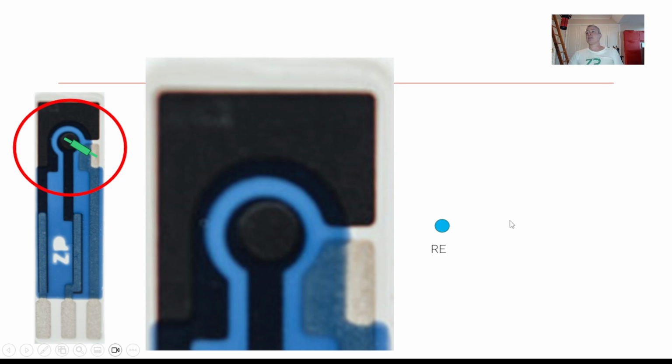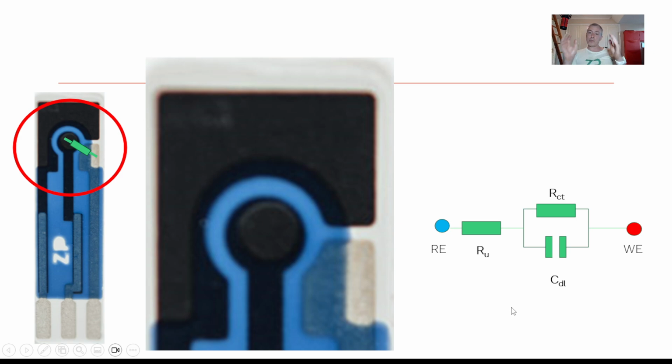So when we have a reference electrode and a working electrode, and we want to hold or apply a potential between the working and reference, let's say I want 650 millivolts. If my gap is too great, which I don't think is a problem with screen printed electrodes, or my solution is not conductive enough, which could be a problem if you're using organic solvents, then I'm making a simulation of what's happening between the working and reference in a lot of